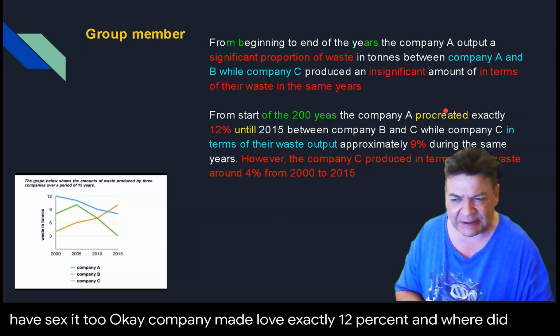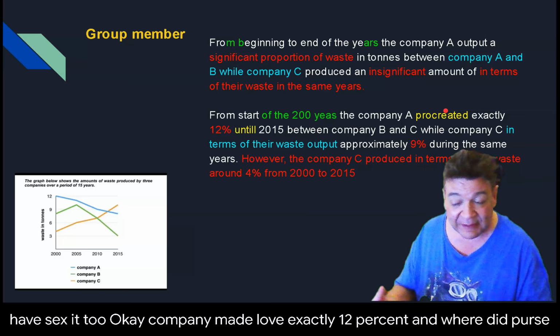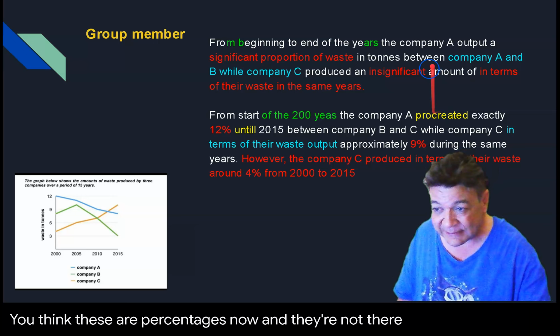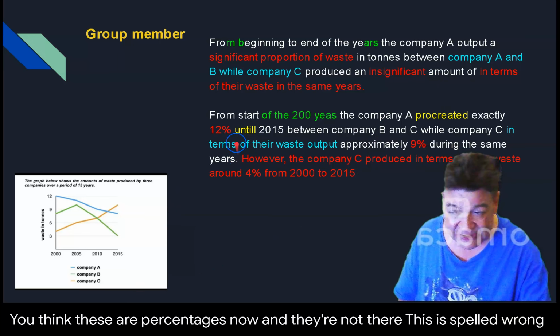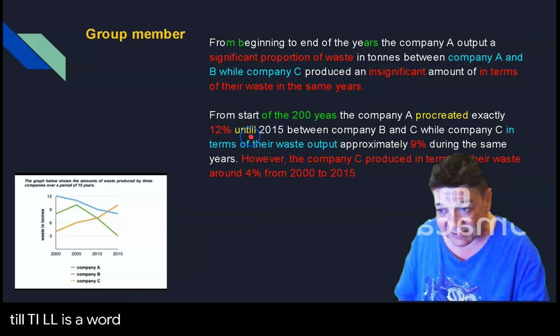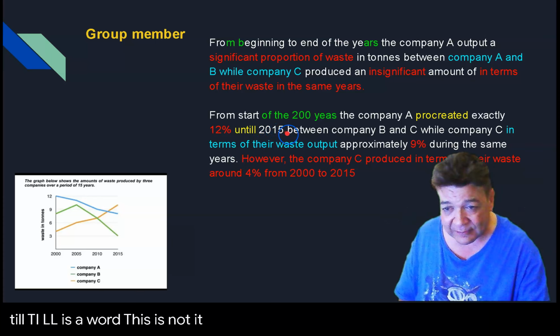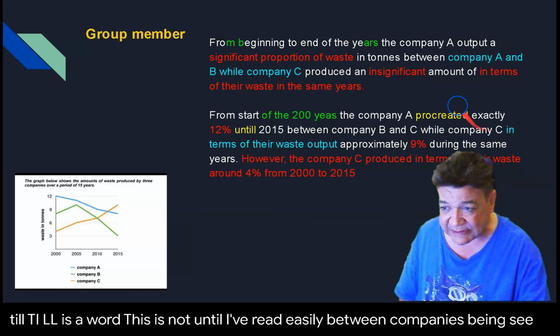Now, where did percentages come from? How did we... you just mistook it. You think these are percentages now, and they're not. They're metric tons. Until... This is spelled wrong. Till, T-I-L-L, is a word. Until, with 2 L's, is not. Until, if we're going to examine between companies B and C, while company C,